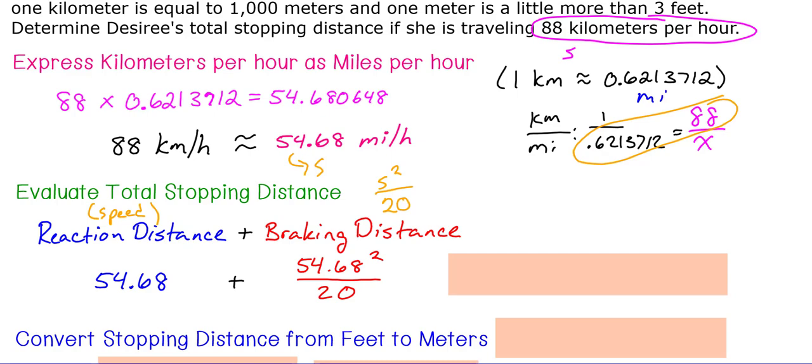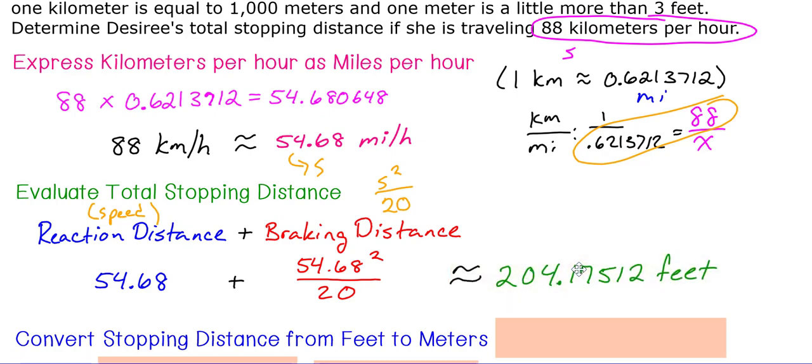So we would not get the same answer, and we would not get a correct answer if we had kept the units in kilometers. And that is why we converted the measurements. So when we add those together, we end up with 204.17512 feet. So now to convert it back into meters, which is the unit of measure she was looking at,